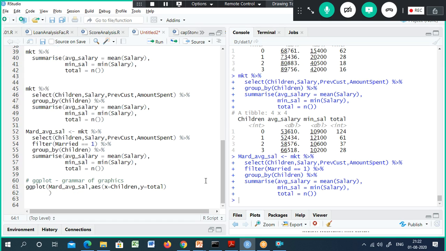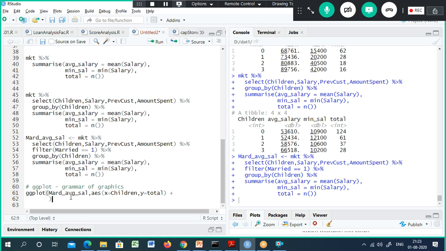If I want to continue to the next line, remember, in the case of the ggplot function, you need to specify 3 components mandatorily. The first component is the data frame name. The second component is the x-axis and y-axis, which you can specify as part of the aesthetics function. I'm going to continue this in the next line, hence I put plus here, and then specify the next component.